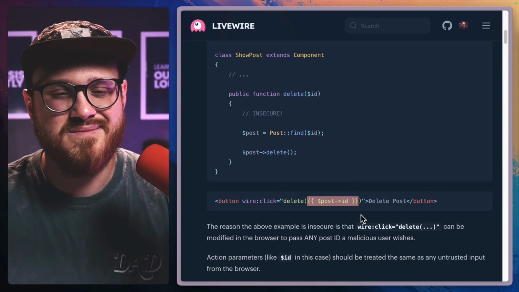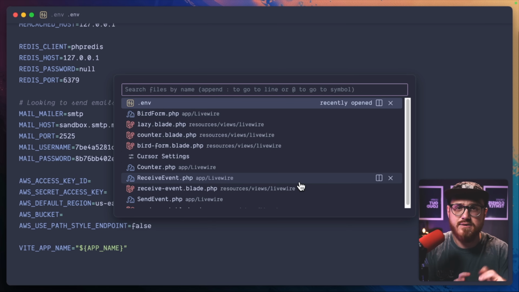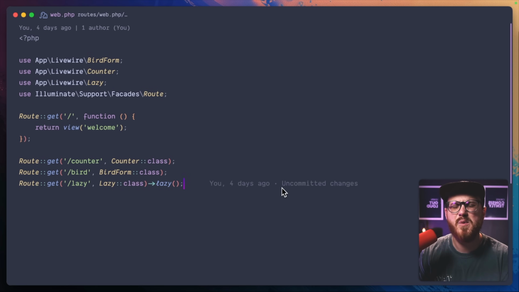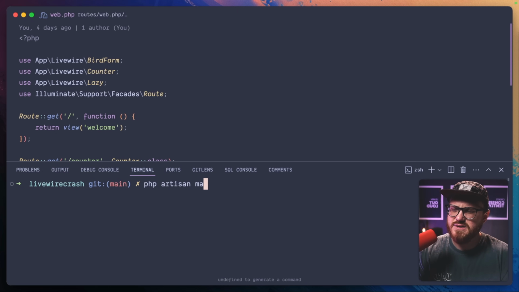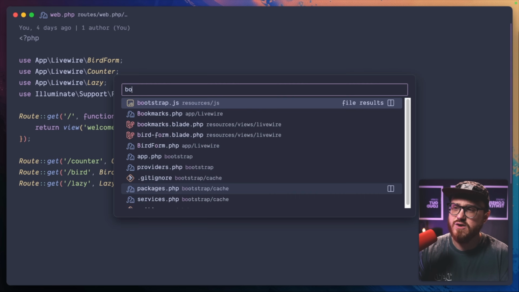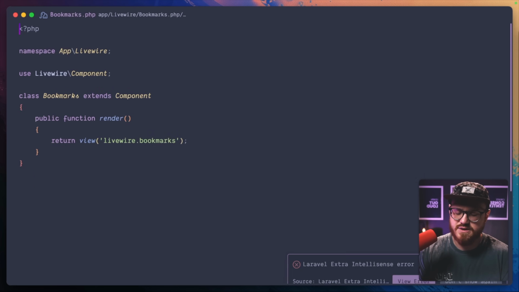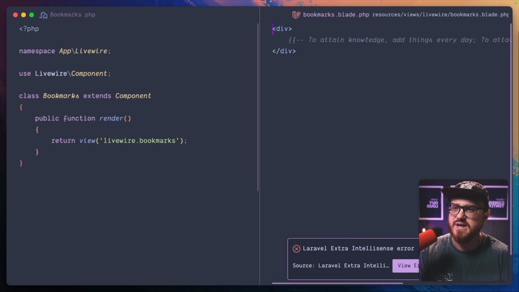Let's dive into the code. Why don't we go ahead and create a new Livewire component so that we can get this set up properly. Let's go to our web routes, and maybe we want to call this bookmarks maybe. So we can say php artisan make:livewire bookmarks. That looks great. Okay, so if we go into our bookmarks and then we have our bookmarks.blade.php, what we're